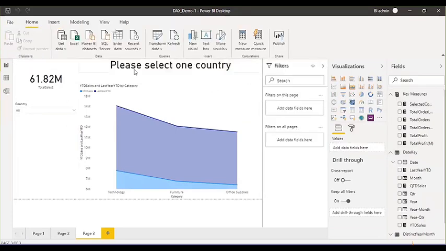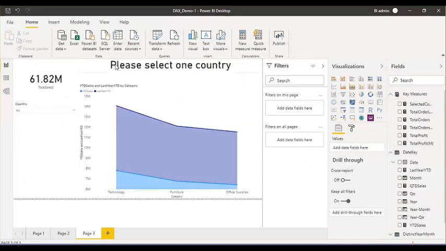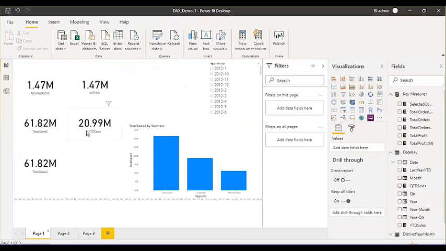Now you see, please select one country. When you select that, it will show the details. When you don't select any country, it will give you that, please select one country. Got that? So in the very first example, I explained to you about